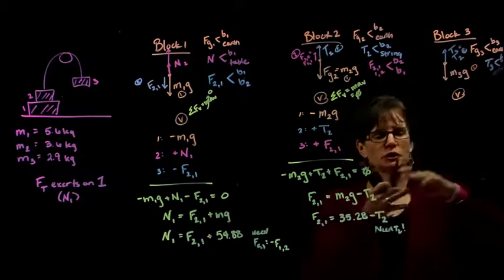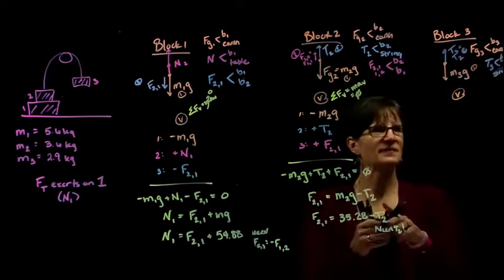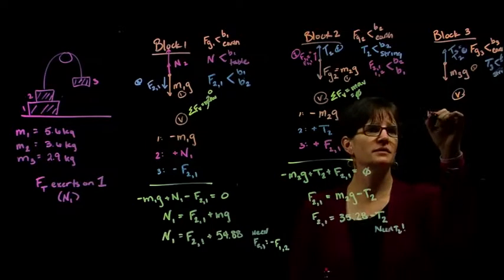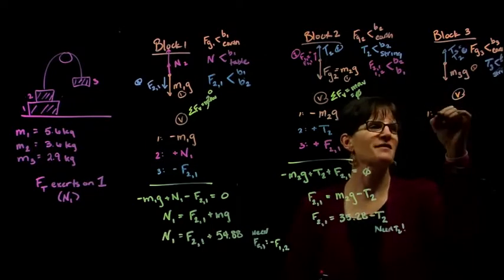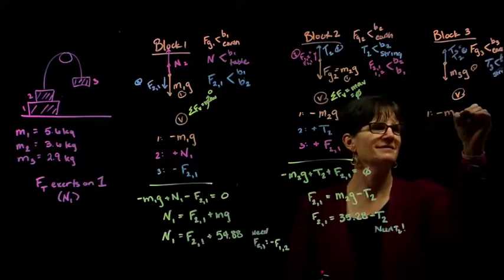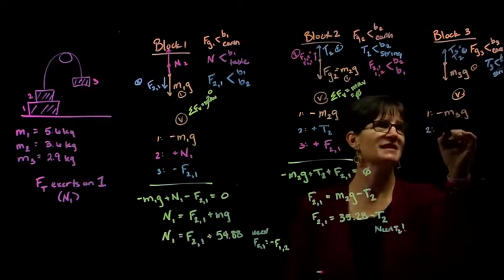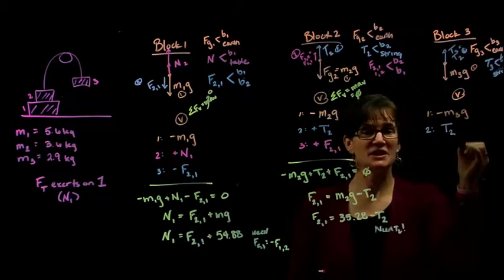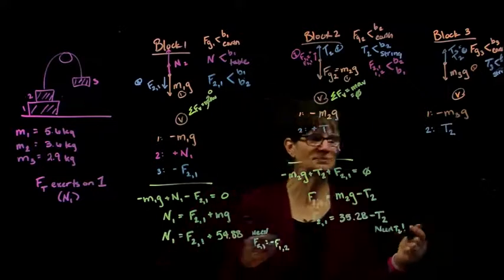That's what I did for block 2. Okay, so block 3, our first force, the vertical force, the force of gravity. So we have minus m3 times g. And our second force, well, that's just the tension. We'll go with tension 2 because we want to relate it to the same, which is equal to tension 3